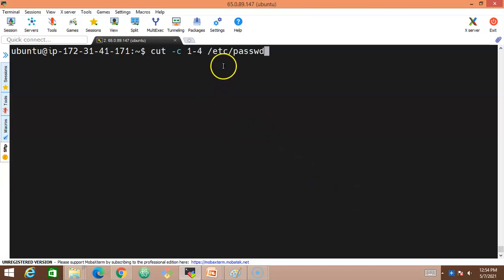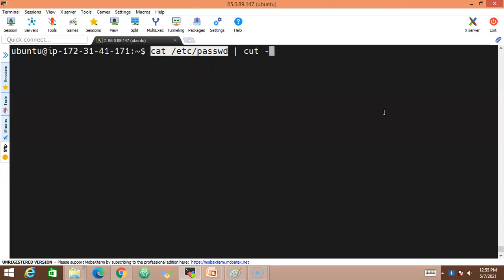We can use the same example in a little different way also with the help of a pipe. Let me show it to you. Cat /etc/passwd and give the pipe symbol. So instead of displaying the file content of passwd on the standard screen, we are redirecting this output to a command. To what command? The cut command.